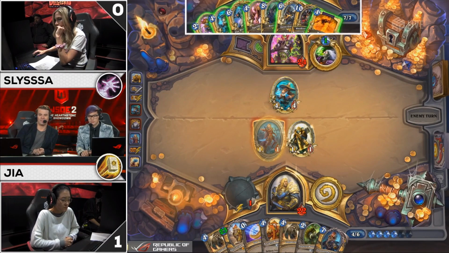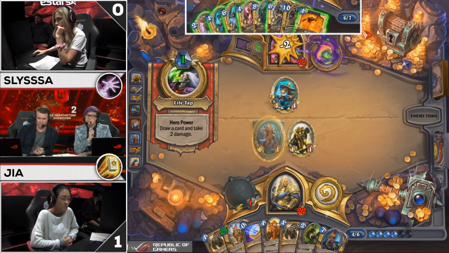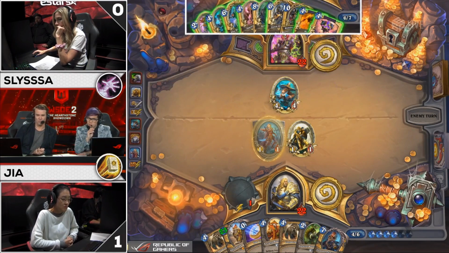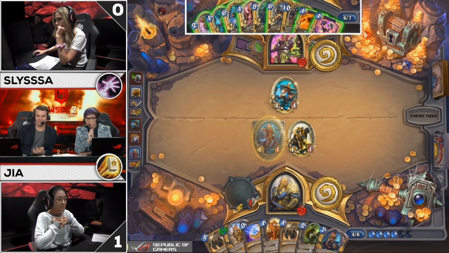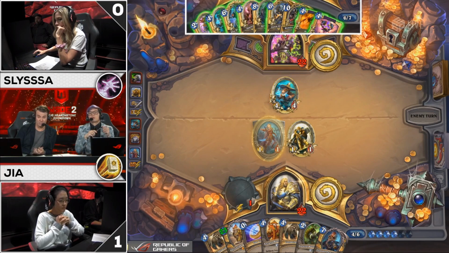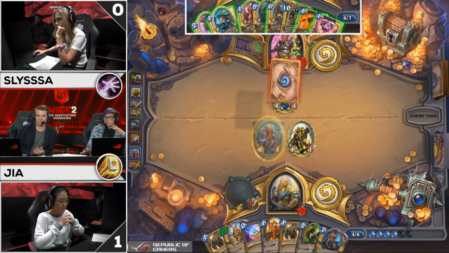But now things start to get a little bit messy in terms of the use of Slysssa's resources here into this board. She does, as you mentioned, have the Black Knight. She could just use that to try and push some damage, but that still exposes her minions to this True Silver Champion. Well, so when I'm looking at Slysssa's hand, I'm thinking about the big picture, which is the only